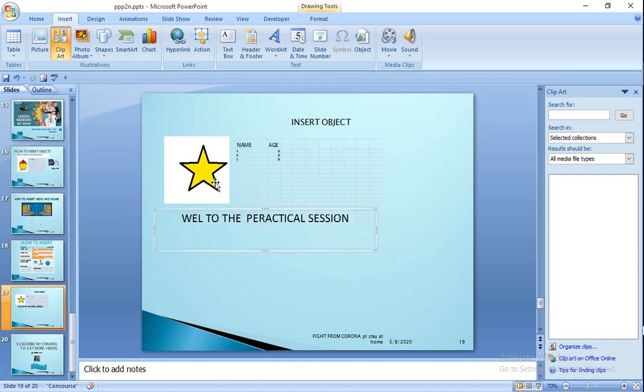So the bitmap, the Excel, and then Word you have inserted.